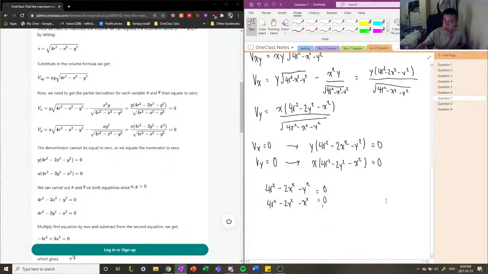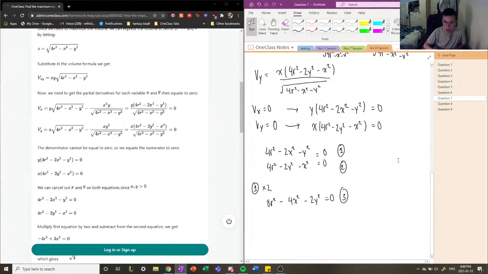Okay, so I'm going to use the process of elimination instead of substitution to compute the system of linear equations here. So the first thing I'm going to do is multiply equation 1 by 2. If I multiply equation 1 by 2, we get 8r² - 4x² - 2y² = 0, and this is equation 3. And now I'm going to do 3 minus 2 here. So 3 minus 2 gives 4r² - 2y² - x² = 0, and if I subtract this,